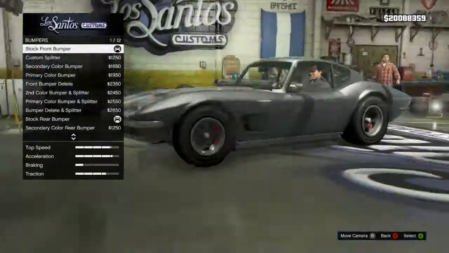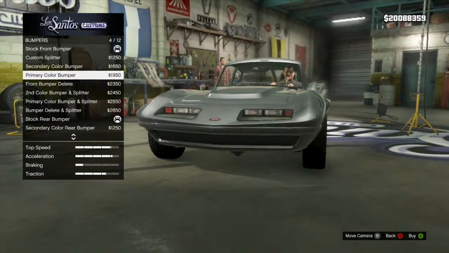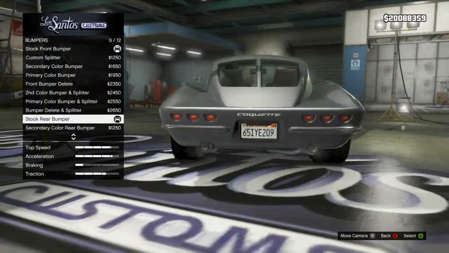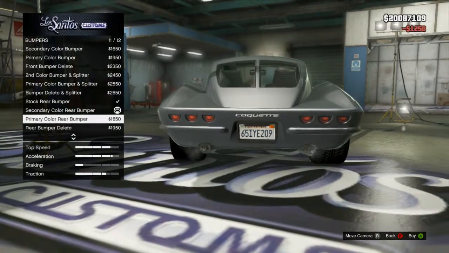My name is Perez and this is carrying on, or starting, the Flight School DLC that came out on GTA 5 last week, and this whole week I'll have Flight School DLC, so be sure to stick around for that if you're interested. And this time we are covering the new cars that came out, so this is the